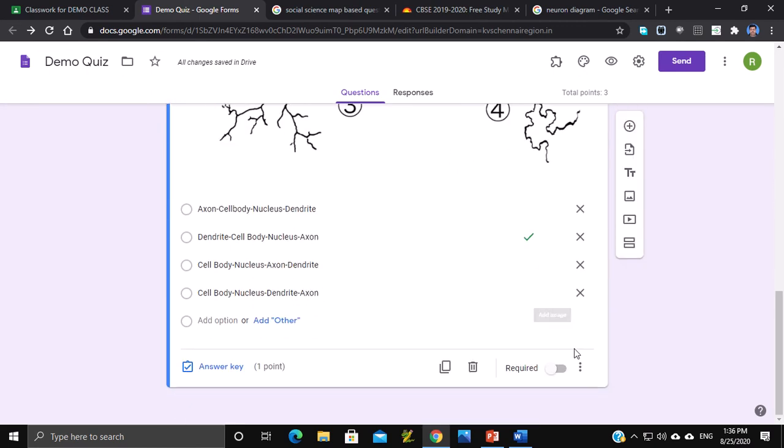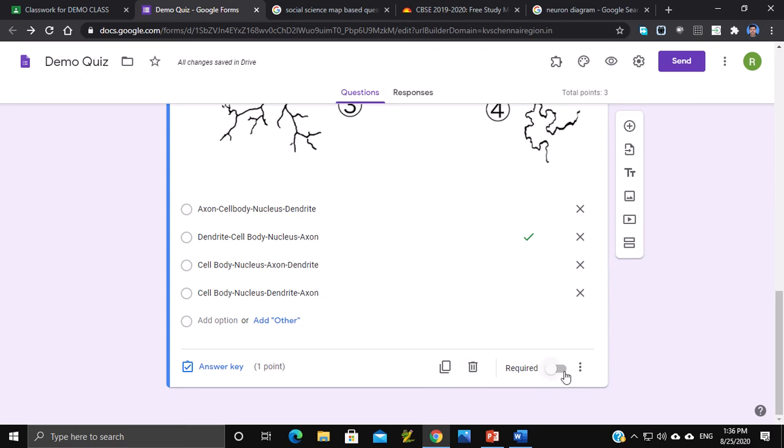Now here you see, this button is for duplicate. If I click this, another same question will be created. This button is to delete, and this is a toggle switch, required or not required.